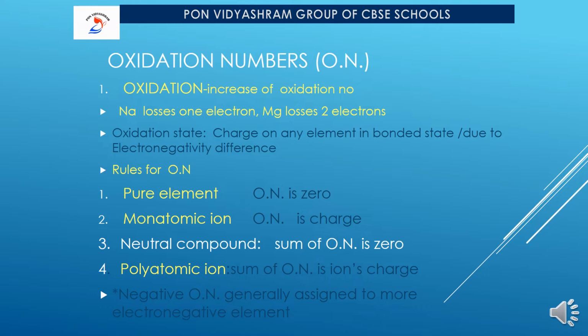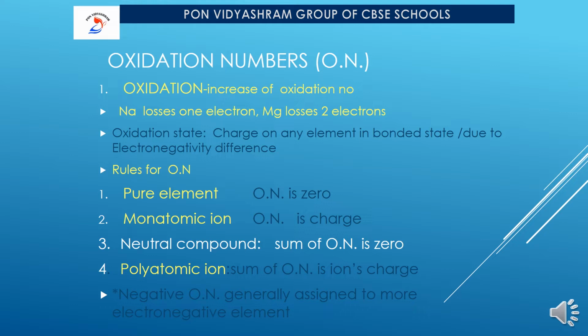And we have a few exceptional cases. Hydrogen will have 2 oxidation numbers based on stability. It may have +1, sometimes it may have -1. Most probably it will have +1. In H2O, H2S, H2SO4, HCl, which we have come across, the oxidation number of hydrogen will be +1. Whereas in sodium hydride, NaH, and MgH2, the oxidation number of hydrogen will be -1. Here we have to consider the electropositivity between these two elements.